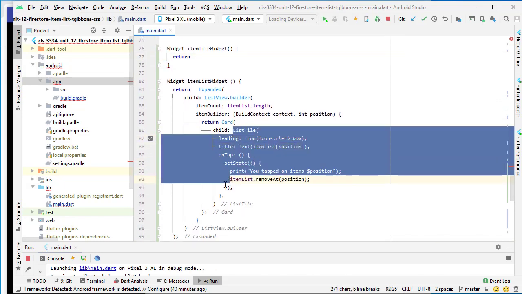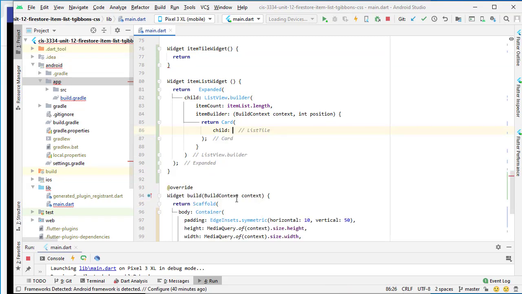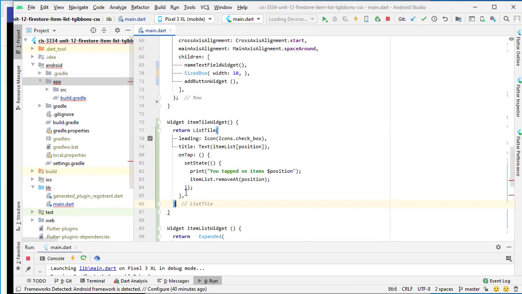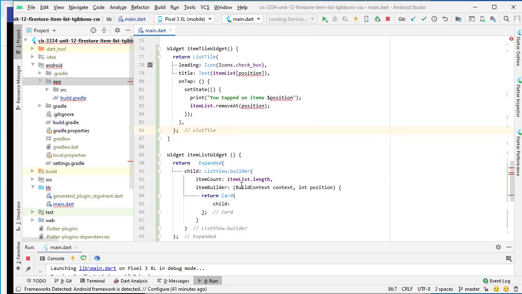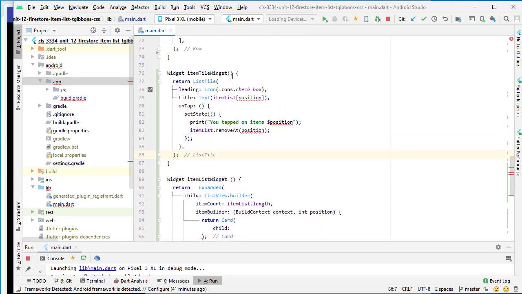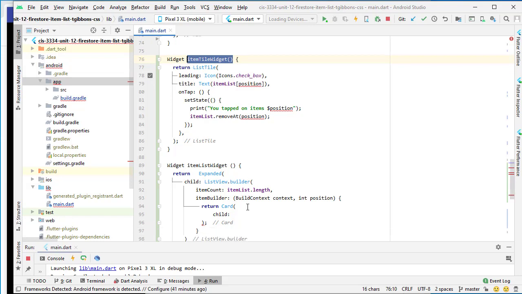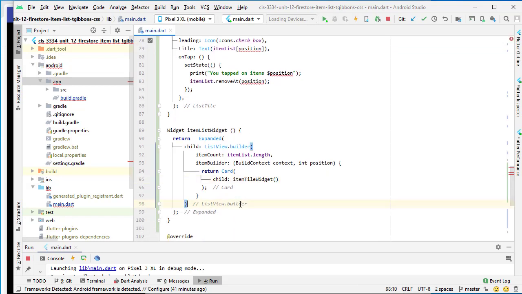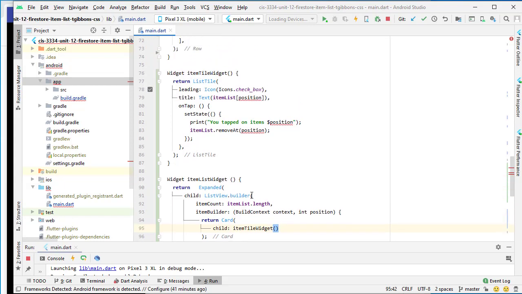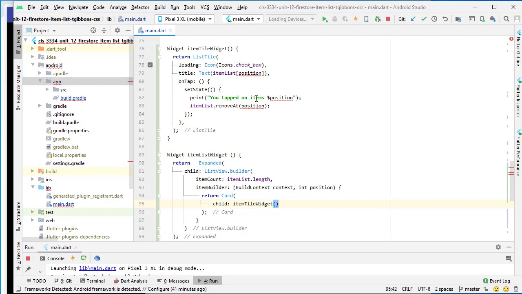Now I'm going to grab again this list tile class in here. Grab that out of there and put that up here for us. And then we're just going to say that this is down here. Okay, so we've got our basic layout. Now, one thing, notice I pulled this out, but put it up here. But inside the list builder, we have a position, and we need that inside this tile widget. So we're going to need to send that up as a parameter. So I'm going to pass the position here,